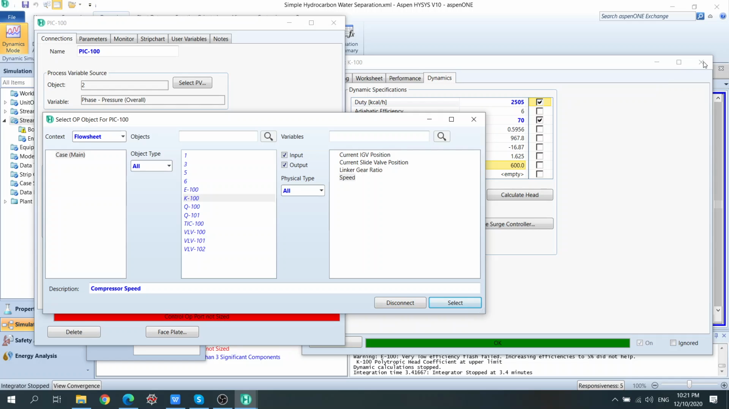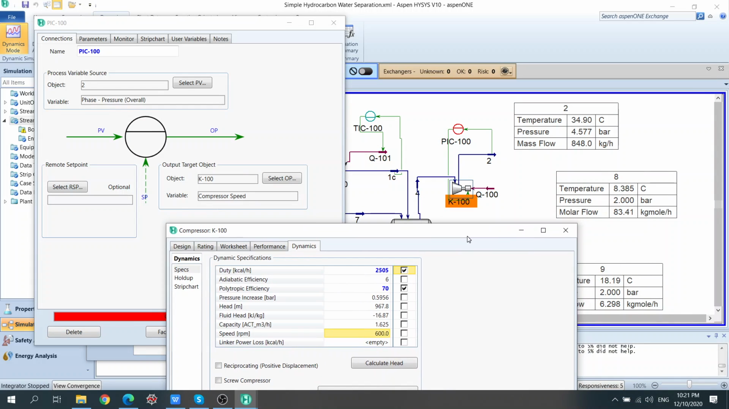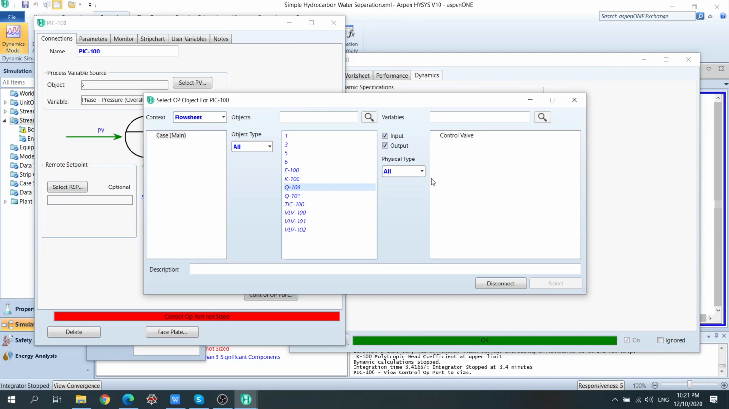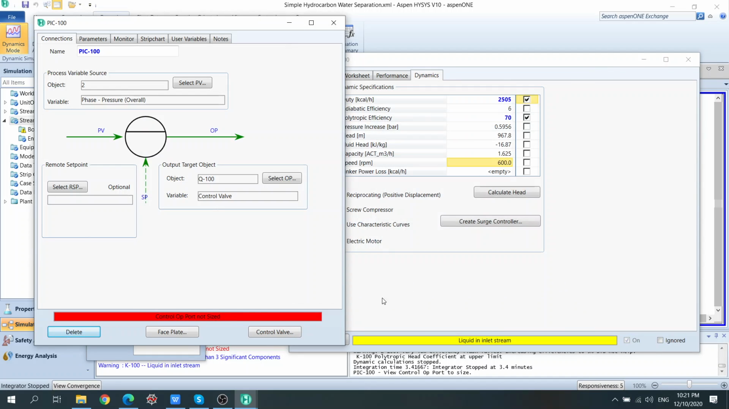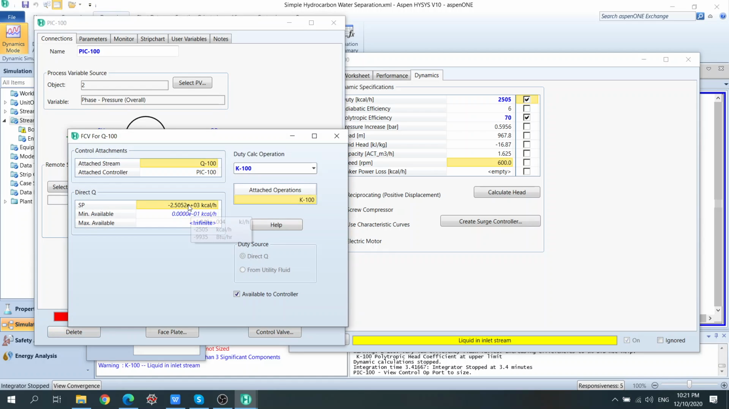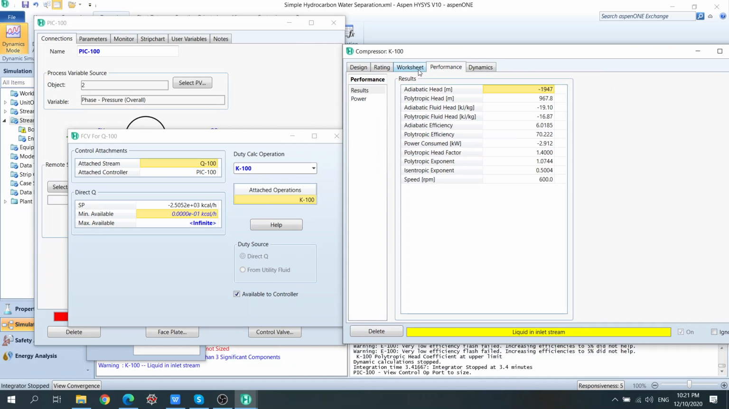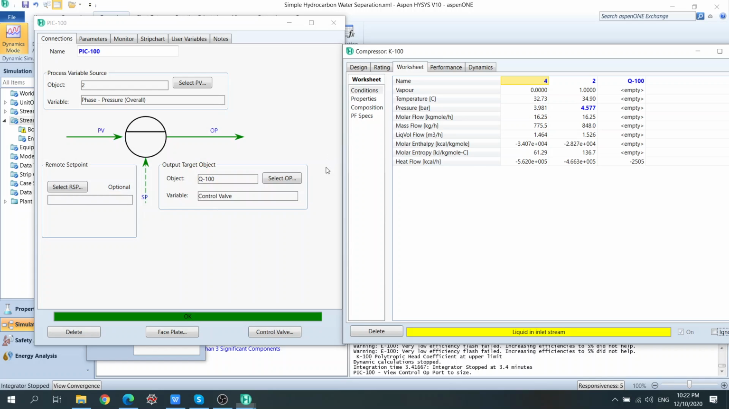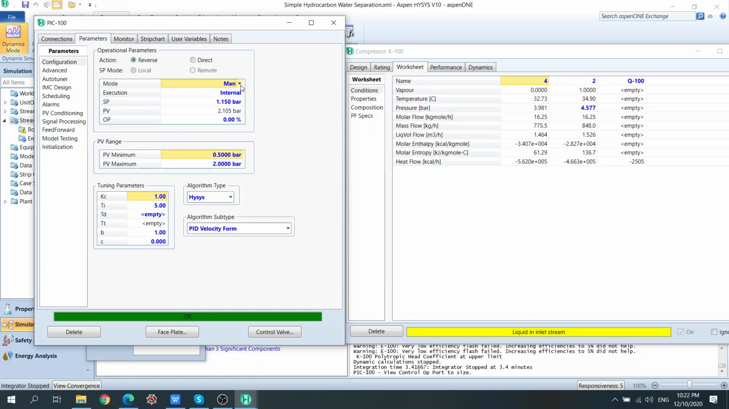Energy. What's then the energy? Stream K100 or Q100. Q100. Control valve. Okay. Yeah. So it is now. Why is that so? Very strange. Negative. That's very strange. Maybe 5,000. I don't know. Yeah. 5,000, and then the PV, automatic